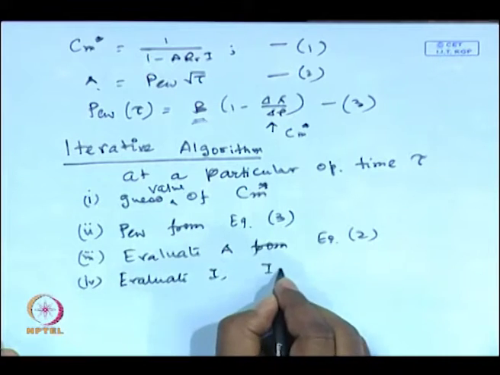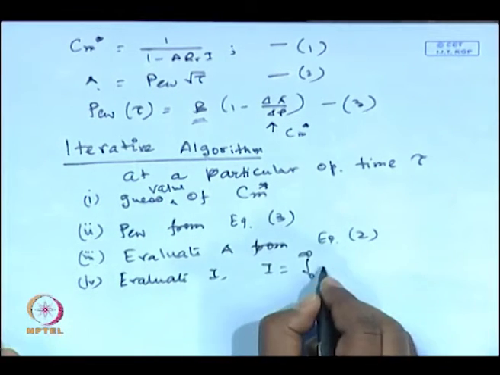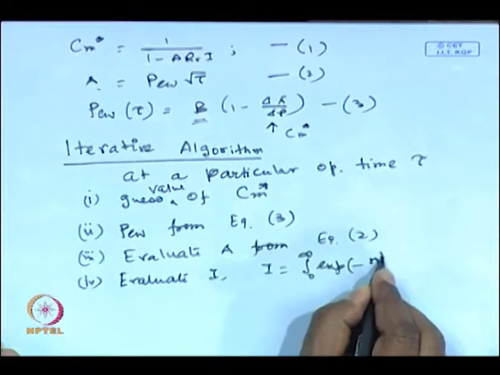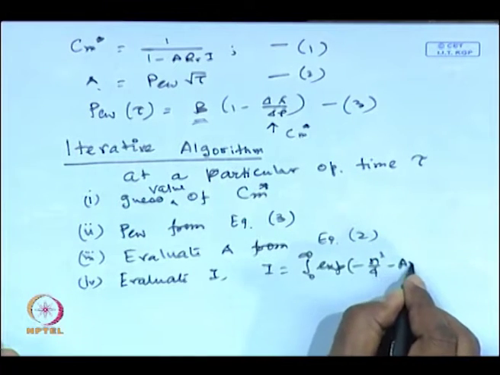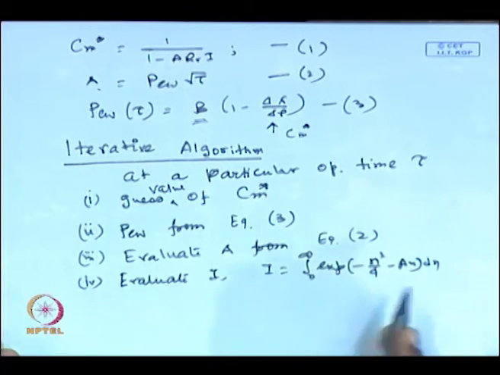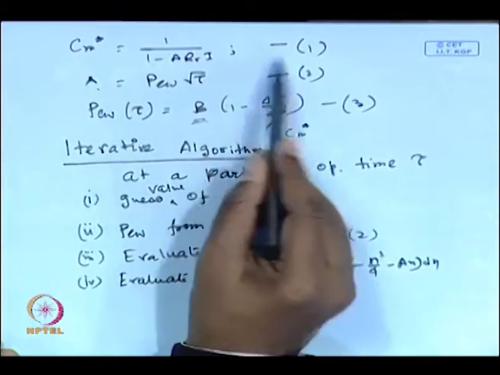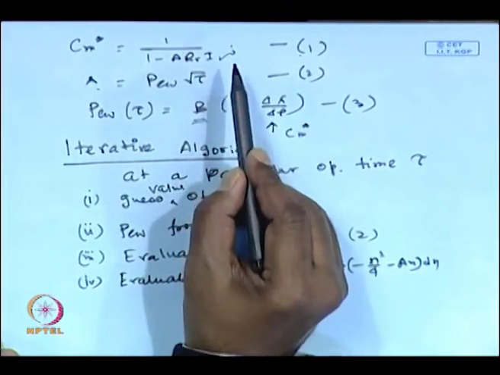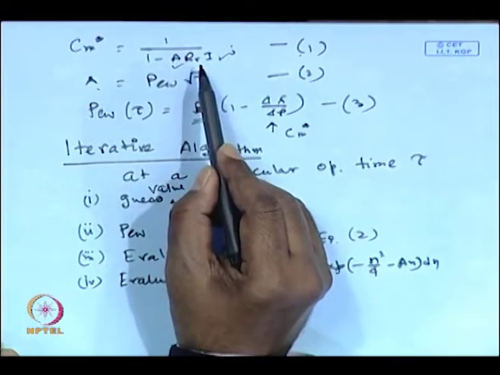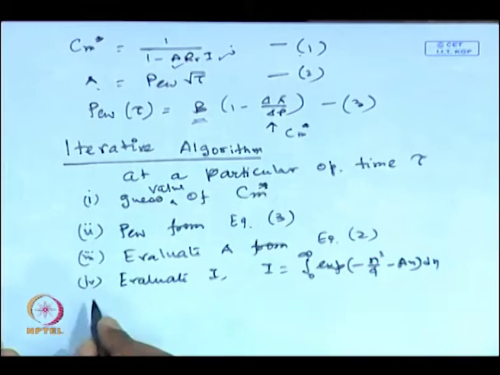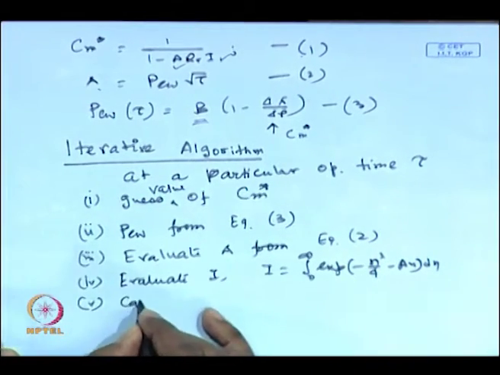from its definition, I is equal to integral from 0 to infinity of exponential of minus eta square by 4 minus A eta d eta. So, you know the value of A, substitute there. Everything is known, eta is the dummy variable. So, just evaluate the definite integral I. Once you know the value of I, then you can go back to equation number 1, because I is now known to you, A is now known to you, R you have already determined. So, you can calculate